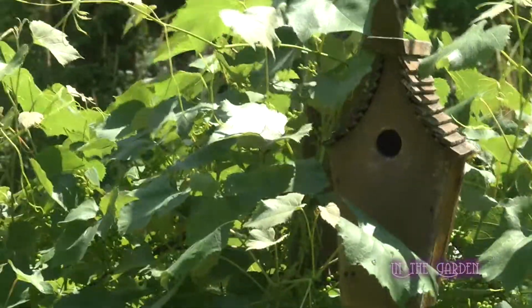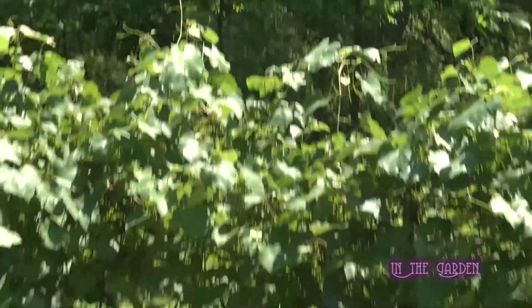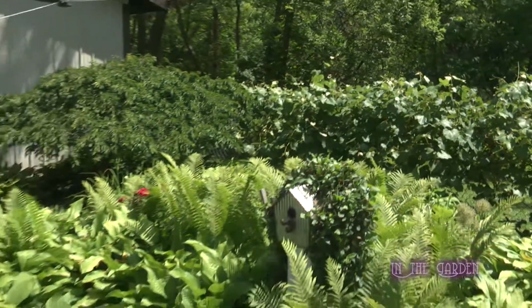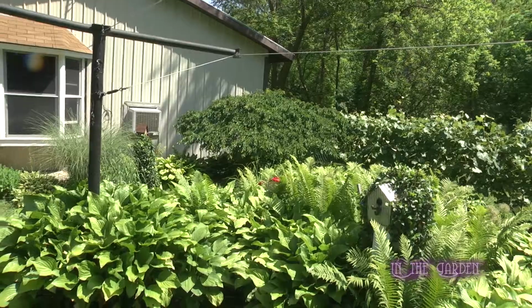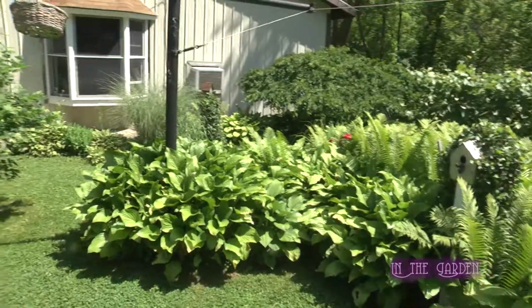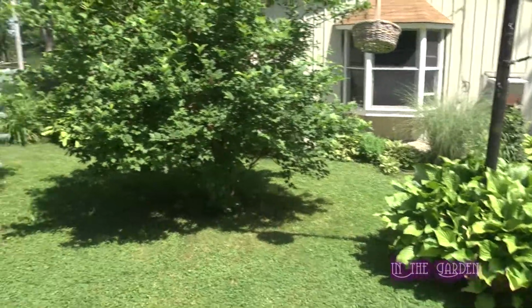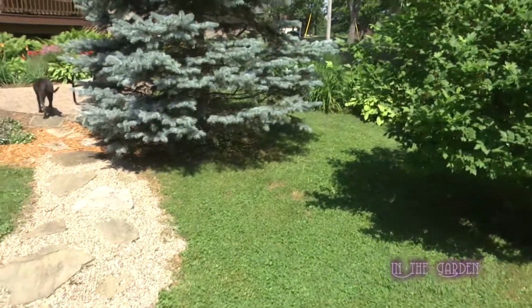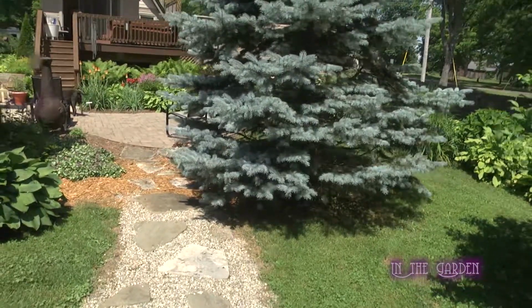See, that one's really getting old, but I have a pair of wrens that use that every year, so I don't want to take it down until they don't want to use it, until it really falls apart. But it's starting to deteriorate. Maybe get one similar to it, and when they're gone, put it right back up, and they won't know the difference. I look at craft stores, garage sales, that kind of thing. I used to buy them when we went on our bus trips to different garden places, and it's heartbreaking when